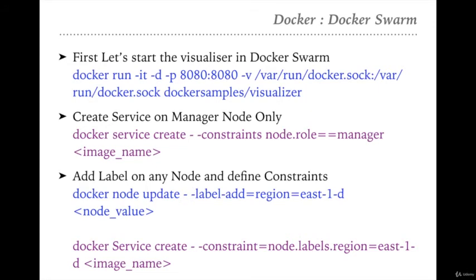Inside docker swarm you can label your node, that is something like a tag, right? So you can tag your nodes, you can tag your clusters in docker swarm, and you can update your clusters as well, right? So how can we label or tag our node? For this you need to execute the command docker node update --label-add, then you need to define the key and then the value, right? And after that you need to define the node value as well, right?